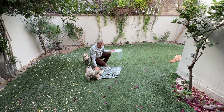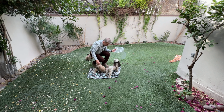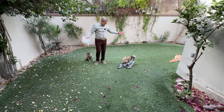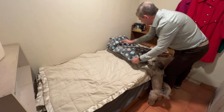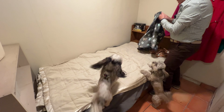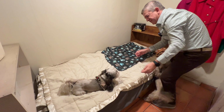You could use them to protect any furniture or just so your pets can sleep on them or play with them. Like Milo, he's taking them away. You can also use them to protect your furniture, like this bed. Milo, when you want your pets to go to sleep, like this, well, they don't want to sleep right now,